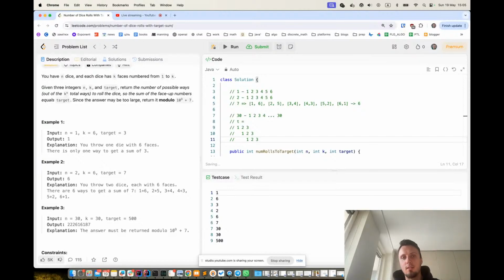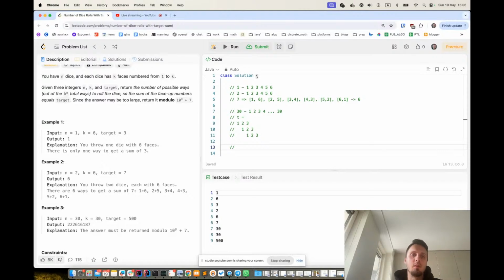So I have like 30 dimensions here. With 2 dimensions, it's understandable. Actually, with 2 dimensions, I can build a kind of table and then just check the number of sums that I can get. With 30 dice,